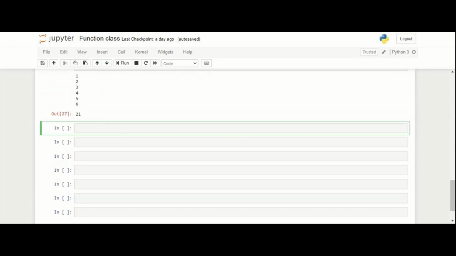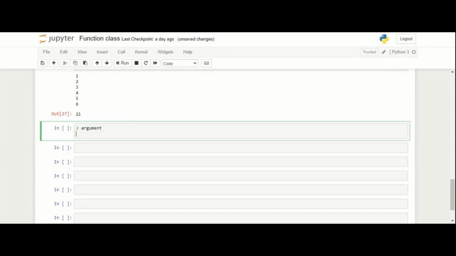I had asked you to solve one problem statement. The problem statement was you have to take two arguments and you have to return the greater number if both are even. You have to return the smaller number if both are odd, and you have to print mismatch if one is odd and the other is even, right? So let's see how we can solve that problem. So how do I have to start it? Tell me. So understood the problem statement, right? Two arguments. Yeah, we'll take two arguments.